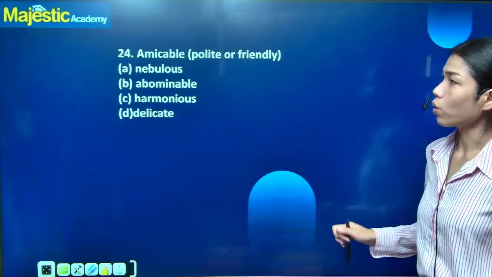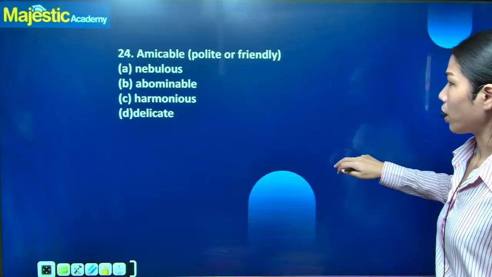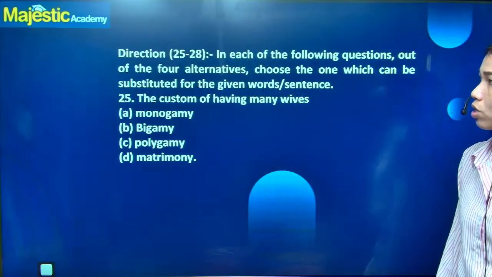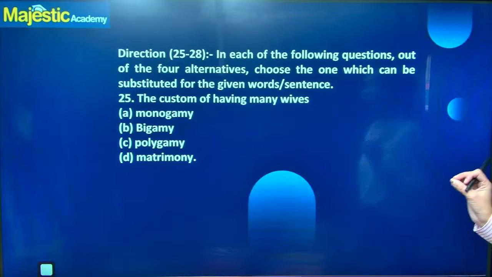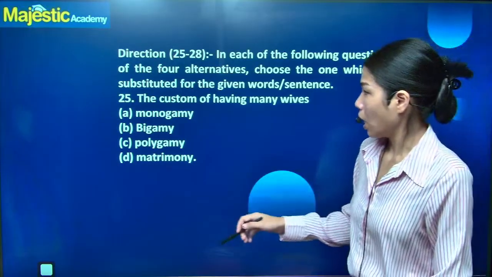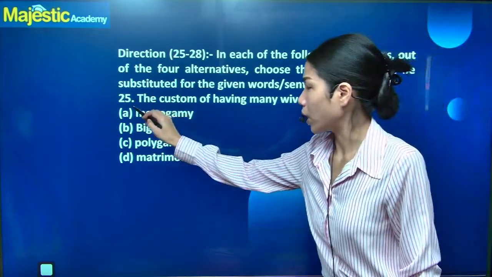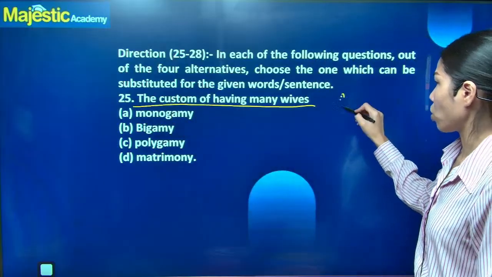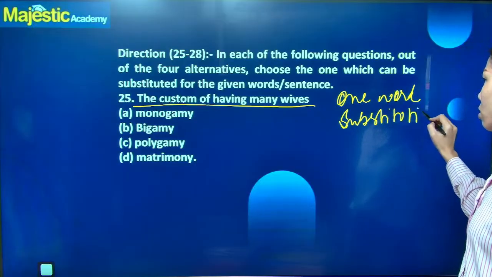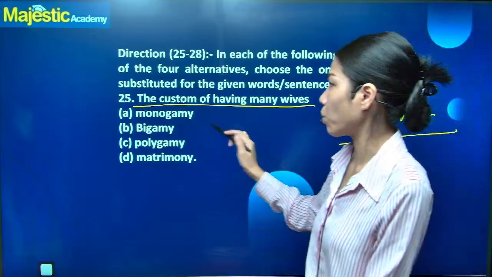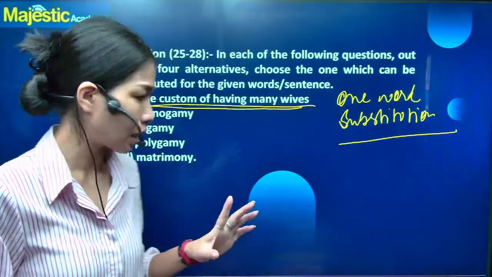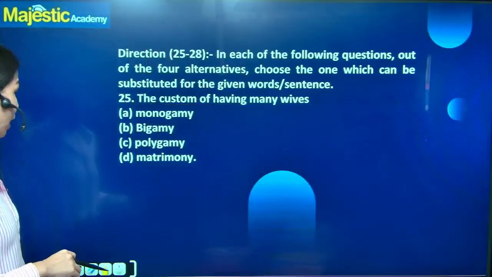Okay. Next one, question number 25. And we have a different direction from question number 25 to 28. And the direction says, in each of the following questions, out of 4 alternatives, choose the one which can be substituted for the given words or sentences. Okay, now all these words you can solve on the basis of one word substitution. That means one sentence is given, and you have to change the whole sentence into a single word. Okay, so we have the options given below, and the question says